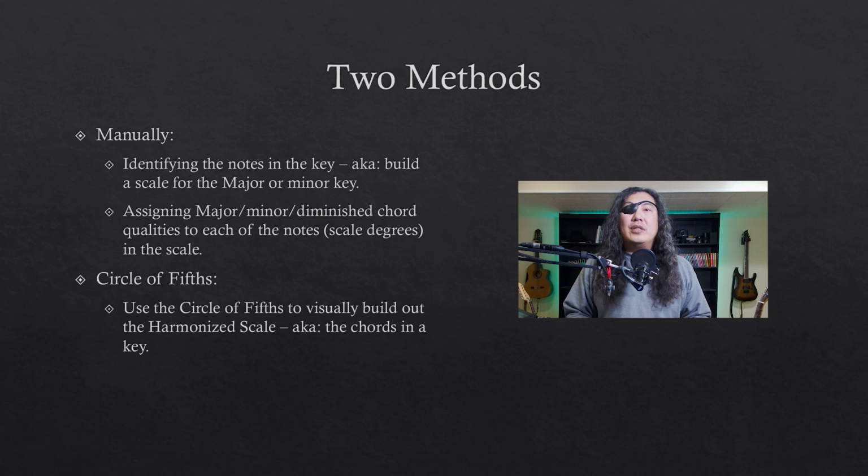And then we're going to assign either a major chord quality, a minor chord quality, or a diminished chord quality to each one of the notes in whatever major or minor scale that we built out for that key that we're in. The second method that we're going to go over is how to use the circle of fifths as a visual tool to just be able to visually see all the chords in a key